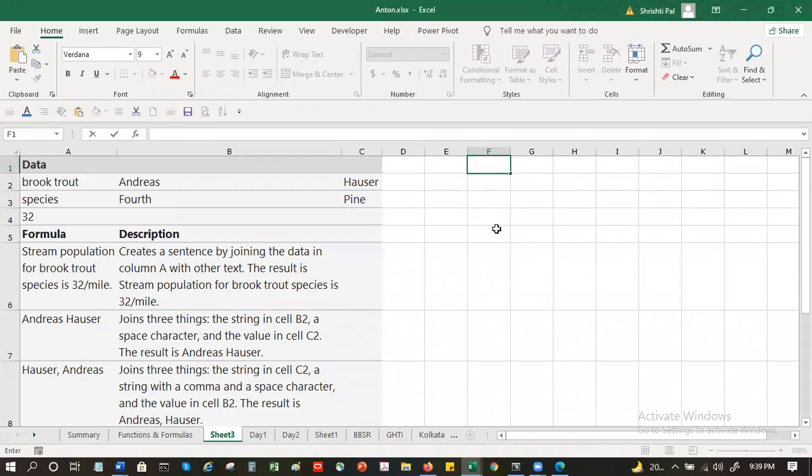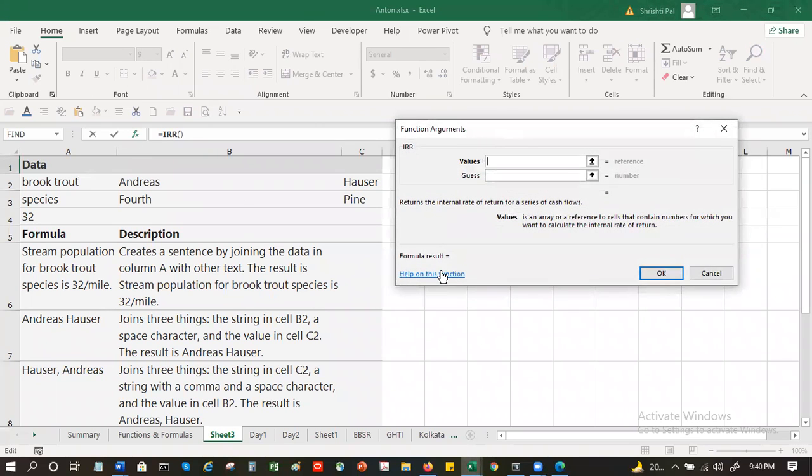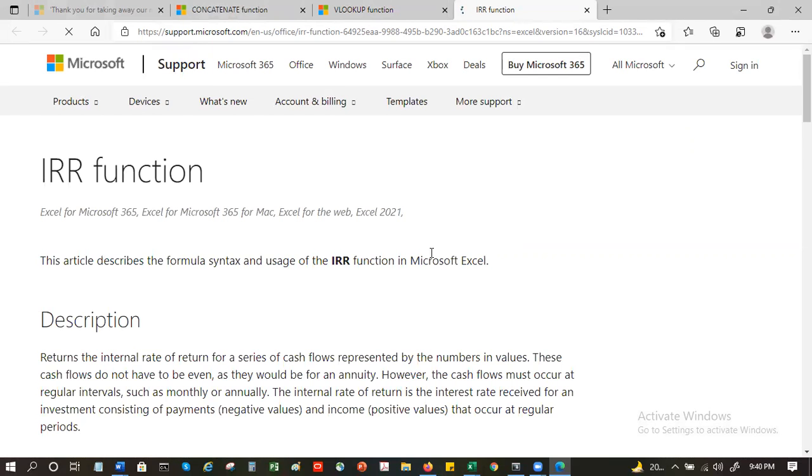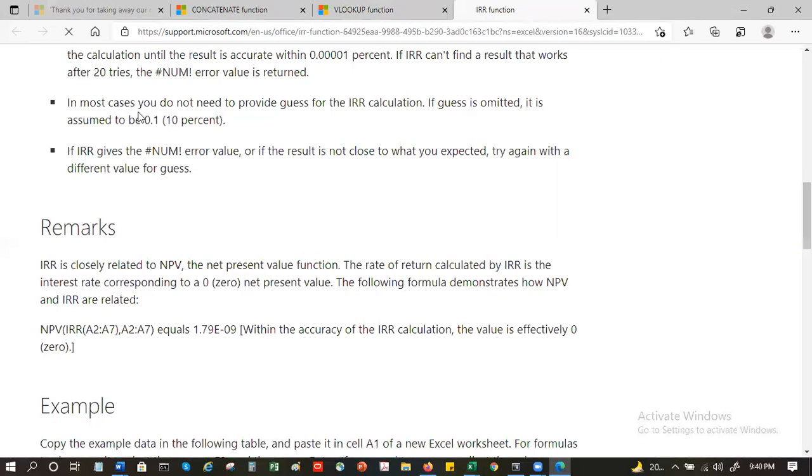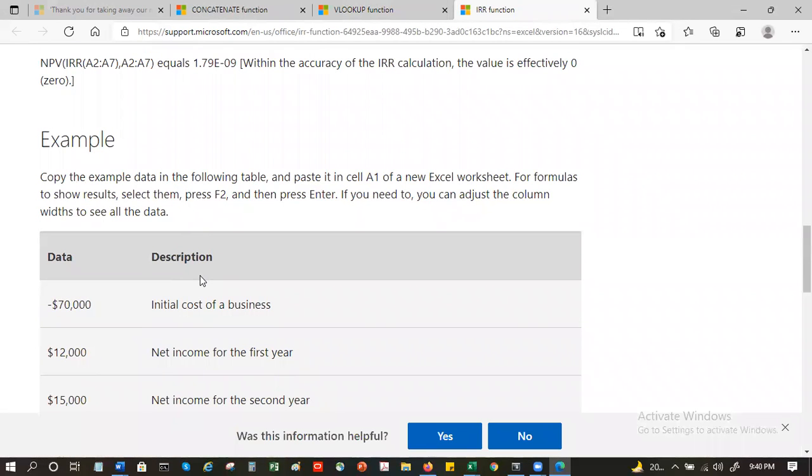Let's say I want IRR. I don't know what an IRR means, so I go to help on this function. So this is the IRR function syntax, and it gives you an example.